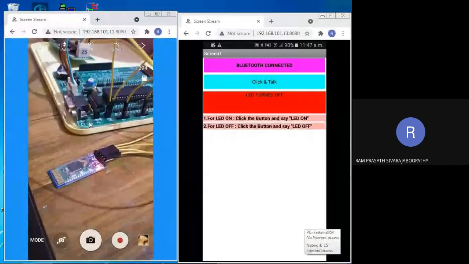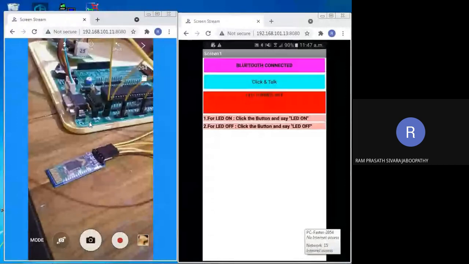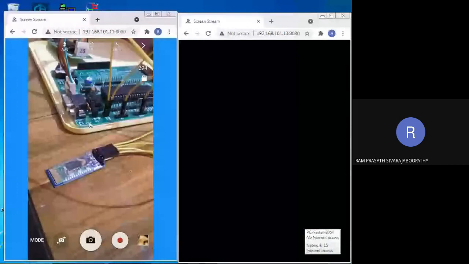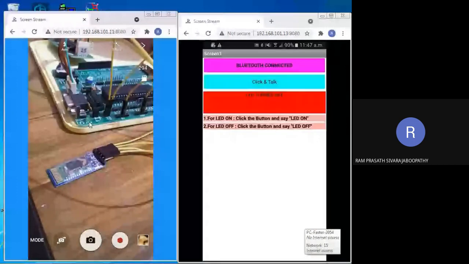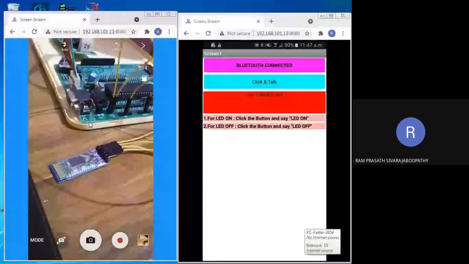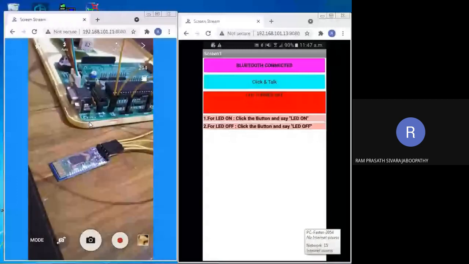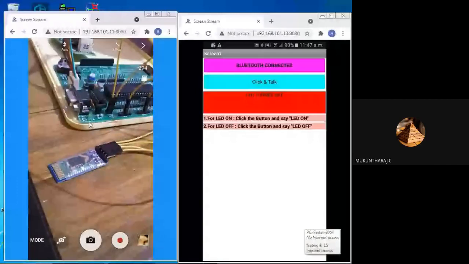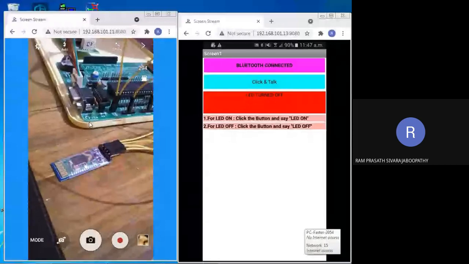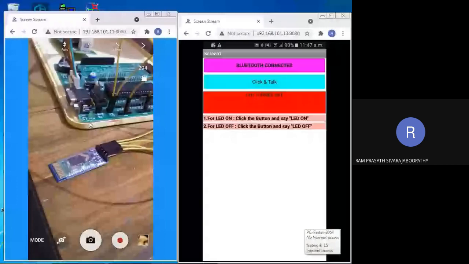If you are going to try, kindly call any one of us faculty, because if you are working with AC appliances, you should take very good care. If you are interested in doing such things, you can contact me or Mugun sir. We will tell you how to connect your appliances in this way. If you have Bluetooth and an Arduino microcontroller board with you, you can go ahead. You can do this project with your home appliance also. That's all about the demonstration.